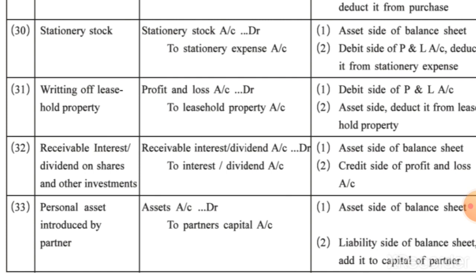And when the firm gets dissolved or at the end of the partnership firm, that much amount of capital, including the furniture amount, that you have to pay to that concerned partner. So indirectly the liability for the firm has been increased.